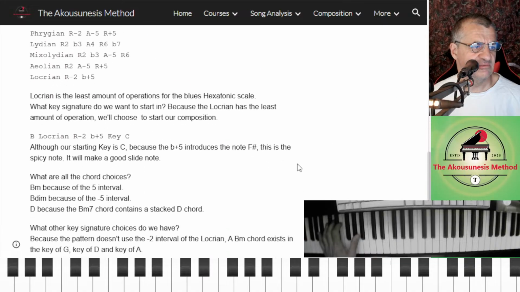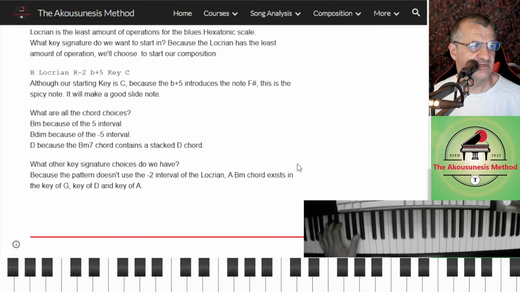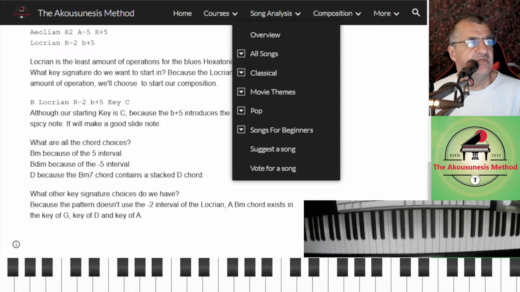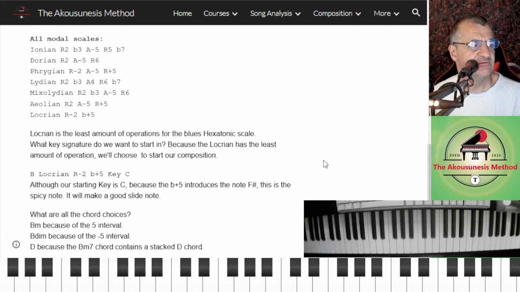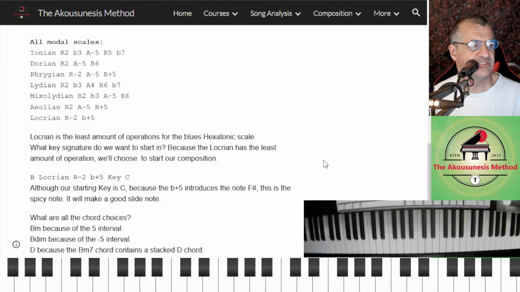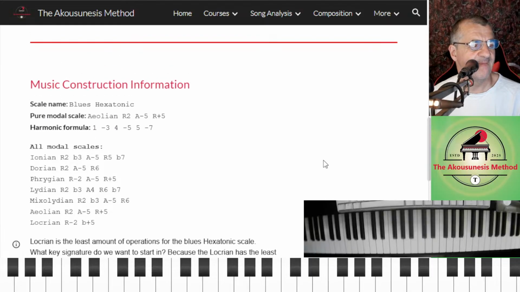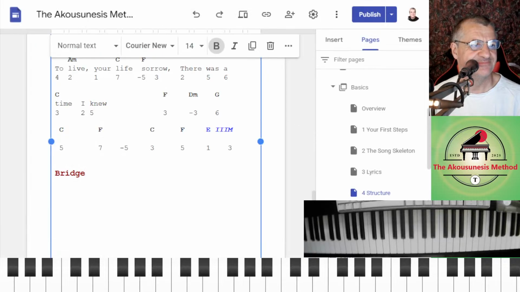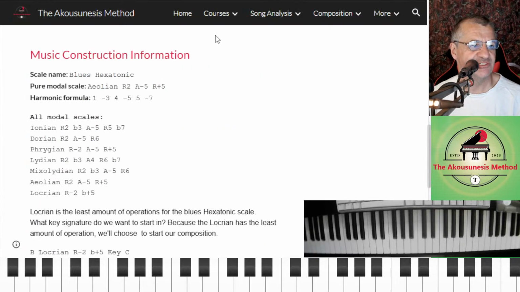So what did we start with this? Let's have a look here, actually. This is interesting. So all the modes. Oh, okay, we're just looking. So this is our research page. Maybe we'll do a bit of this. Maybe I'll do this instead. We'll see. We can go back and forth.